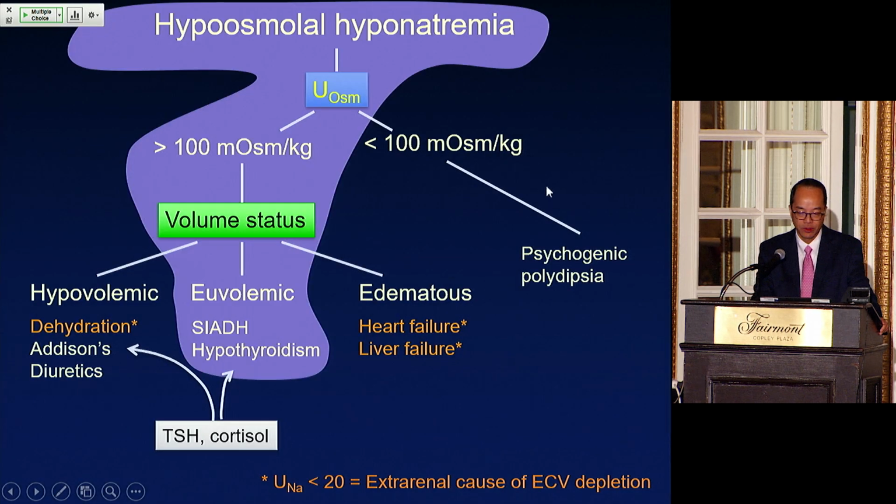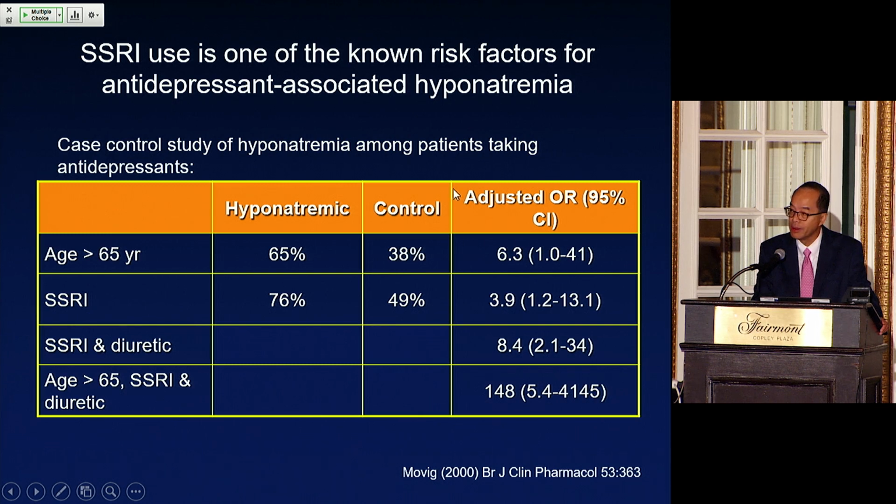So this is a patient who's got inappropriately concentrated urine. So here's where it's really critical to know that that threshold is 100. Even a urine osm of 220 is inappropriate in the setting of hyponatremia. This patient is euvolemic, doesn't seem to have either dehydration or heart failure or liver failure. So SIADH would be a good bet. Could be hypothyroidism, but the TSH was normal. And the key here is she's on an SSRI, so it's highly suspicious that that might be the cause.